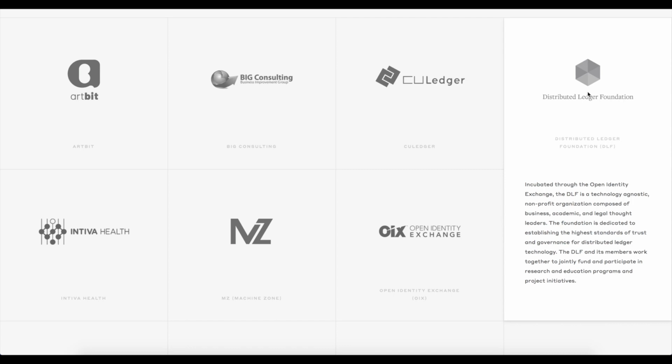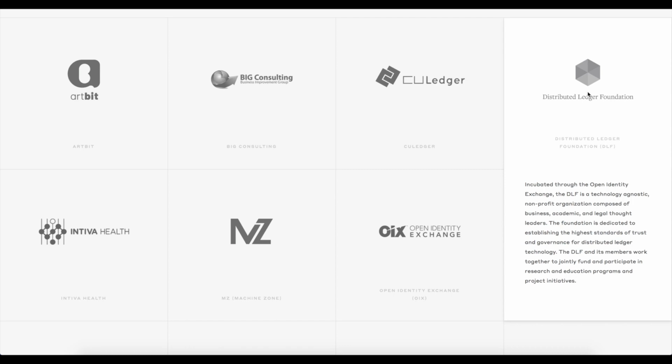Then they have different conferences in different parts of the world, such as London. Then they will go to Singapore, and after that they will be meeting different governments. So if the researchers at Stanford University like this Distributed Ledger Foundation proposal, what they are offering in order to regulate cryptocurrency in general, then it will be a big thing, because then it will be propagated to different governments, and governments will take a decision on whether to go with that or not.